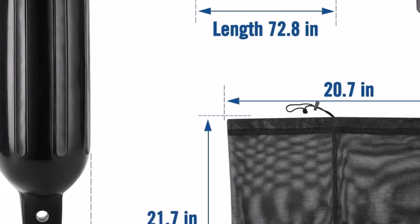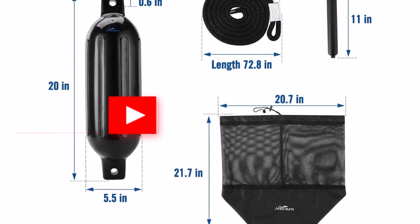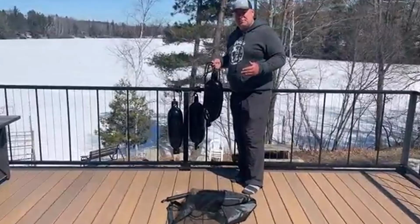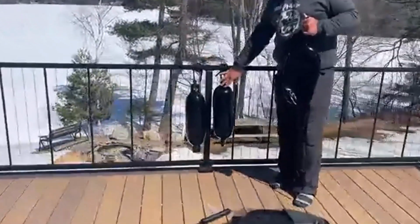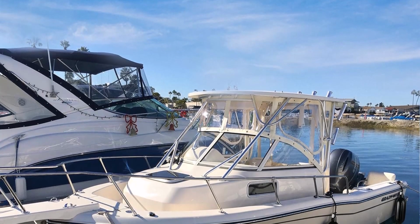Reinforced molded eyelets provide strength and allow for both vertical and horizontal hanging, making them adaptable to different docking situations. The material is tough enough for daily use, yet soft enough to avoid leaving marks. Inflation is fast and convenient, taking between 35 and 50 seconds, and the included valve lets you control the desired